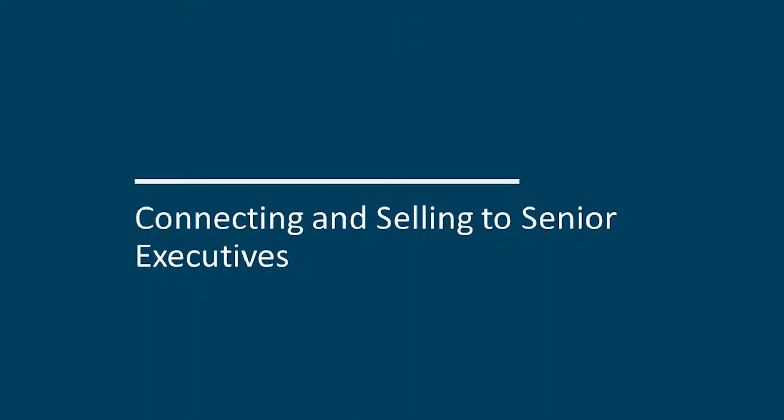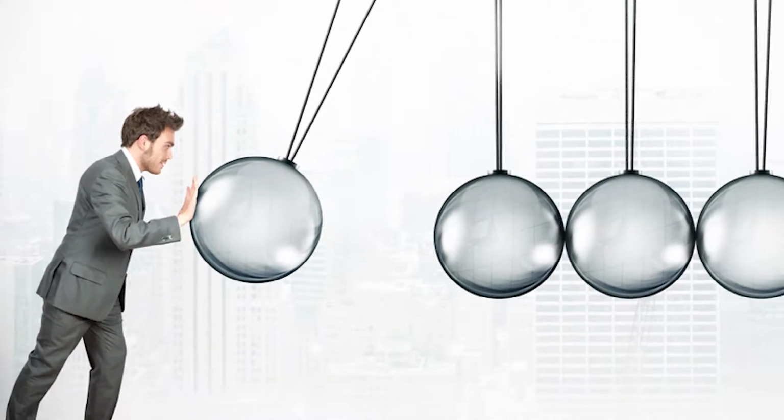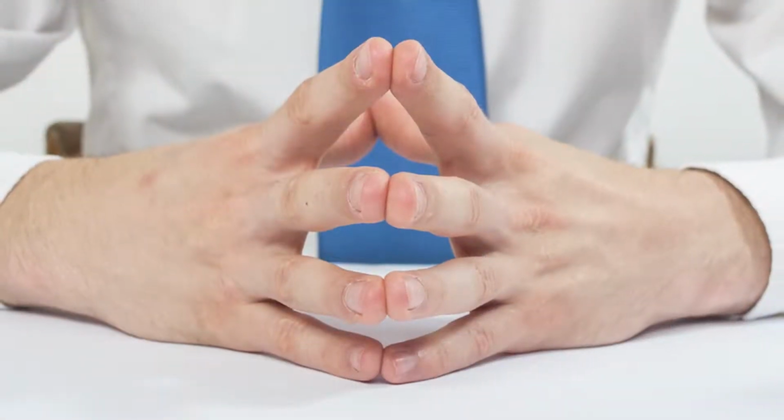Today's topic has to do with connecting and selling to senior executives. You know, we've all been told as sales professionals that we should get access higher in the organization and we should sell at the highest level. Yet it's extremely difficult. CXOs are busy, they're often protected by gatekeepers, and they probably don't have a reason to